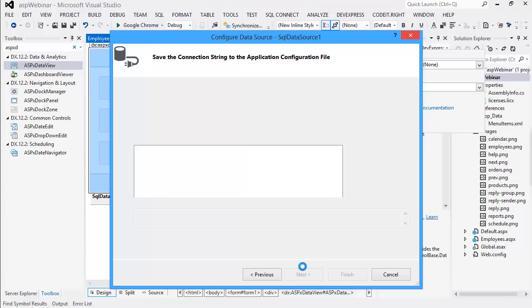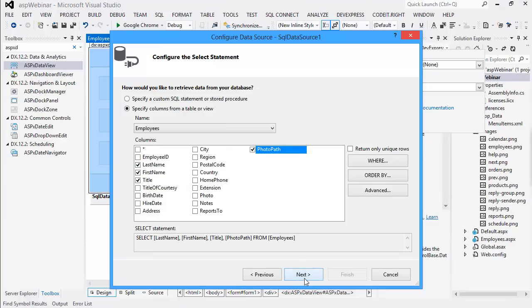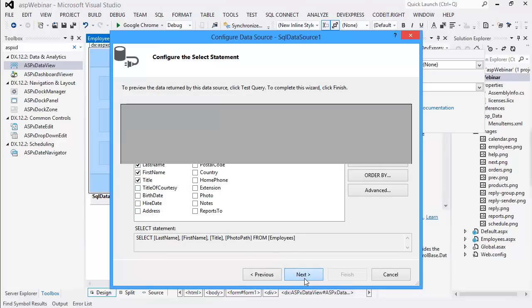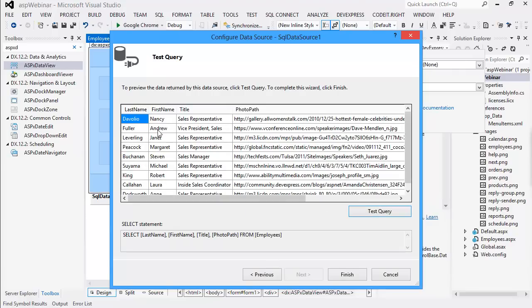So on this first section, I'm going to be working with employees, and I only want the last name, the first name, the title, and the photo path. So I select those elements and click Next. And I'm going to choose Test Query to show that I've got some data there. It's always worthwhile doing the test query just to make sure you haven't accidentally selected the wrong table or stored procedure or view. Now we'll see that we've got first name, last name, title. My copy of Northwind's got some updated photo paths to allow us to show some nice pictures along the way as well. So I select Finish,